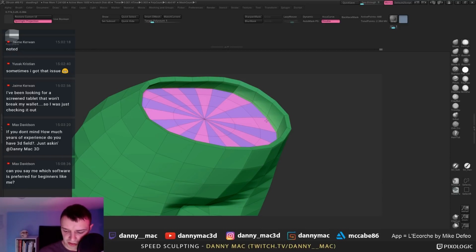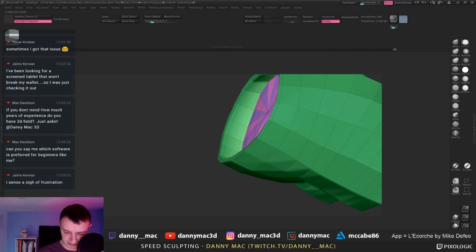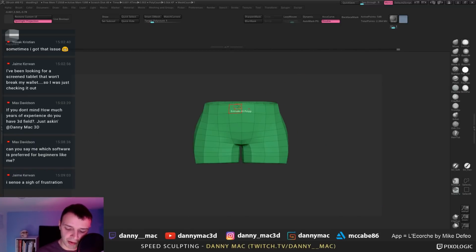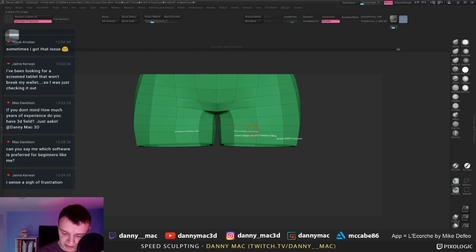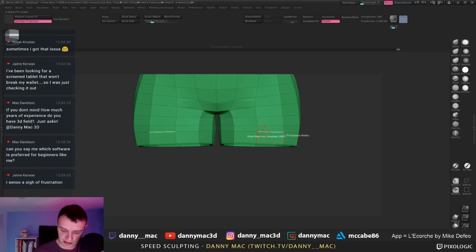I don't think there's such a thing as software that's best for beginners. What software you use is subjective. What I mean by that is it depends on your budget and stuff. For example, you might want to start with Blender if you've never done it before, because you don't need to put any money into it. Or you might want to try sculpting with